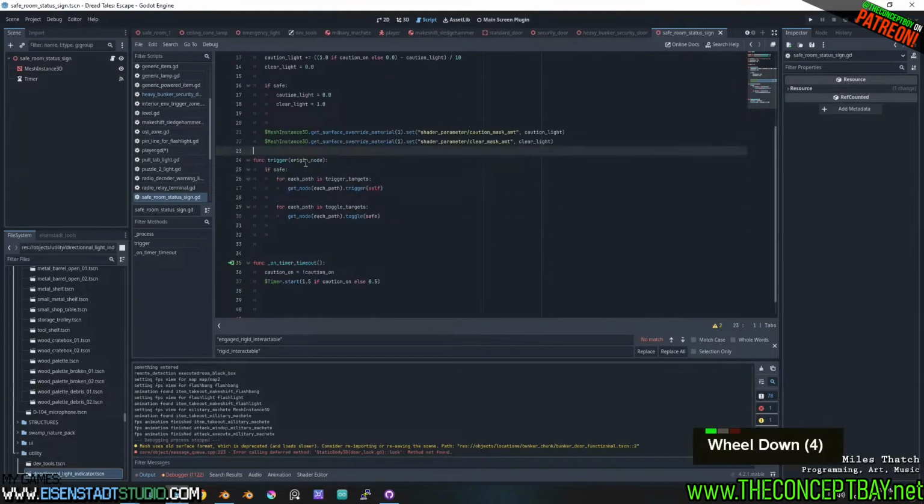So when we trigger it, toggle safe should be, oh yeah, toggle is true or false. And then trigger just sends self. If safe is true,